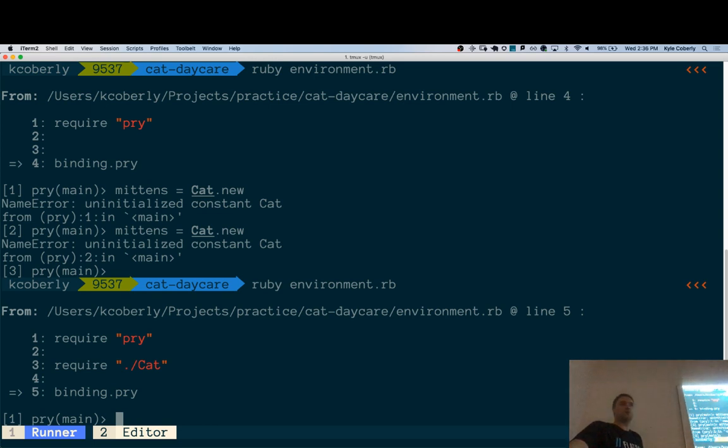Cool. Other questions so far? Yeah, Miriam. Yeah, so when I run fry in the terminal, I guess I'm getting that same uninitialized constant Cat. But I have it in the environment, I have it called correctly into my,